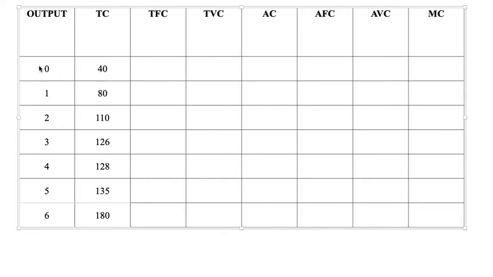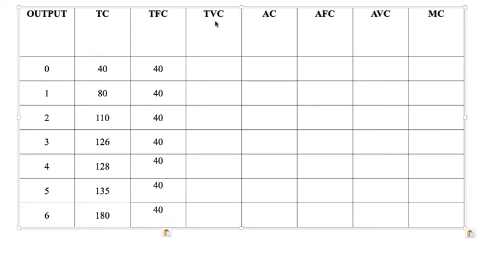When our output is 0, the total variable cost will be 0, and hence total fixed cost will be equal to the total cost. Because when there is no production, there won't be any variable cost, and hence total fixed cost will be equal to the total cost. So here our total cost is 40, and this is going to remain the same for all the levels of production, right? We are going to write down this total fixed cost the same for all the levels of output.